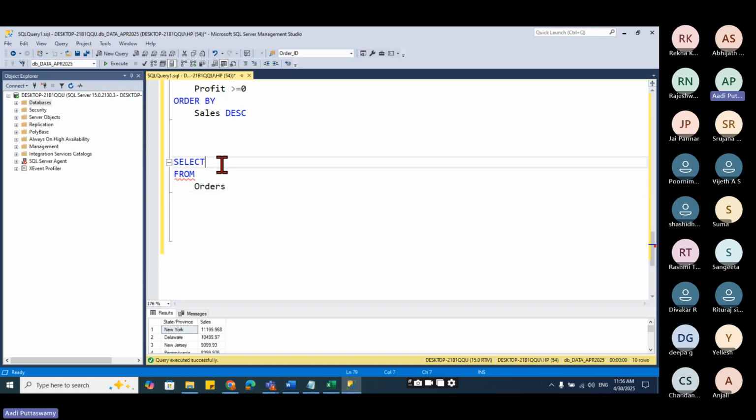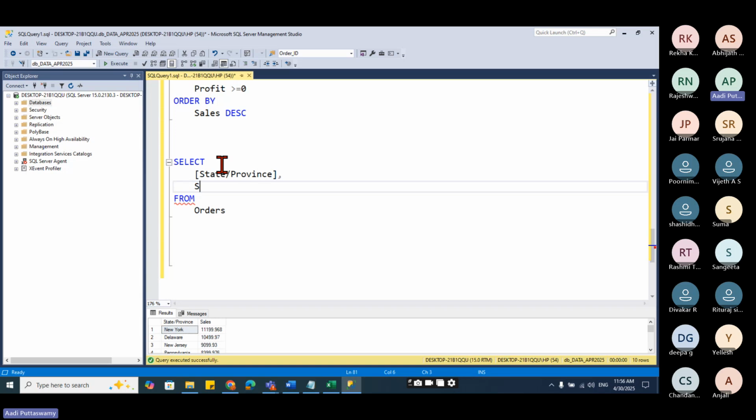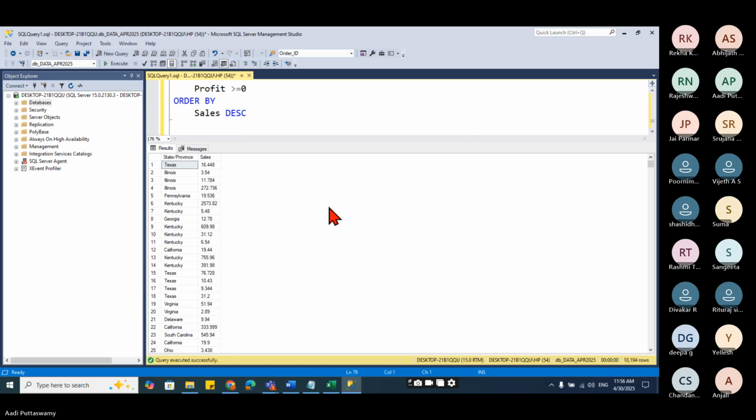Let's go here, and whatever columns I need is state and also sales. Now if I execute this, see, we'll get something like this. All the 10,000 records will come here. But I want to group it, correct?